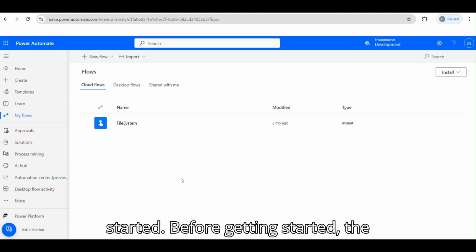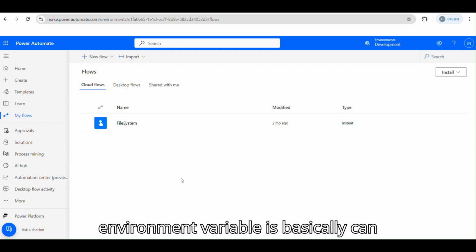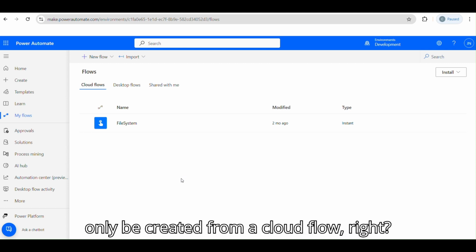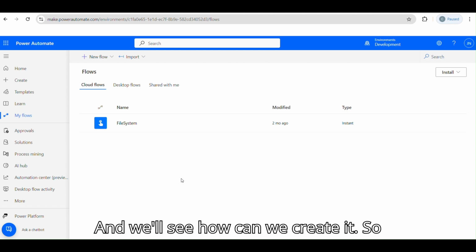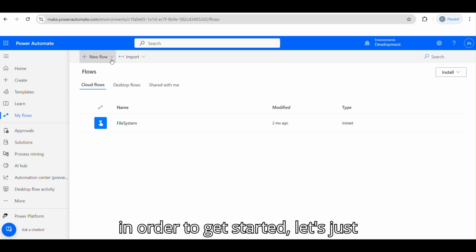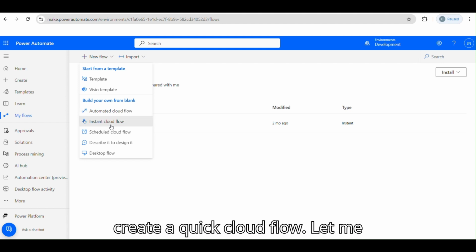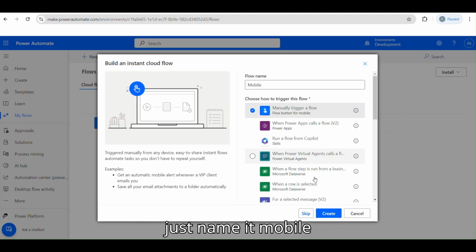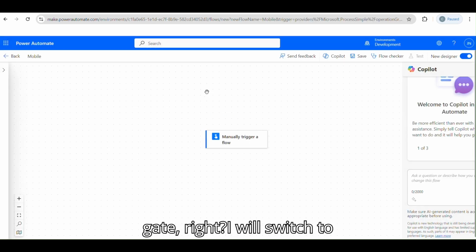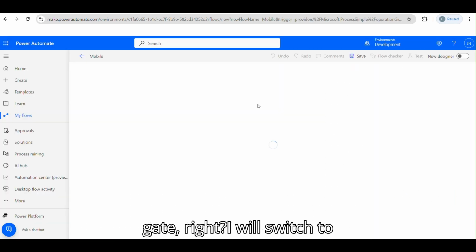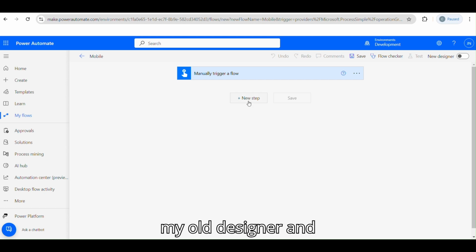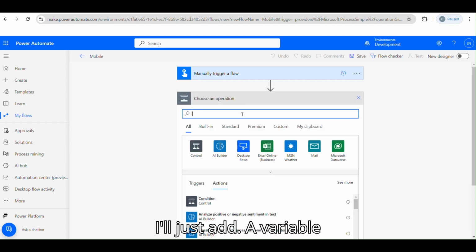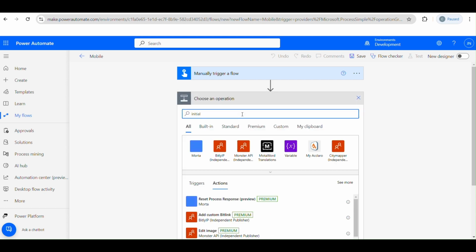So let's get started. Before getting started, the environment variable can only be created from a cloud flow, right? And we'll see how we can create it. So in order to get started, let's just create a quick cloud flow. Let me just name it mobile gate, right? I'll switch to my old designer and I'll just add a variable,